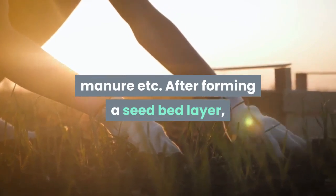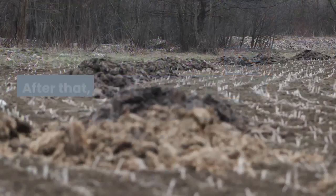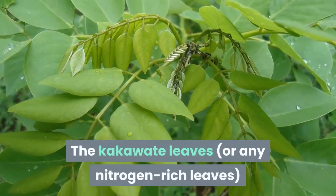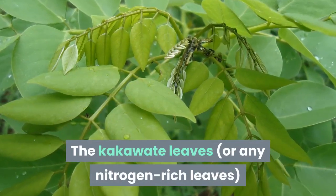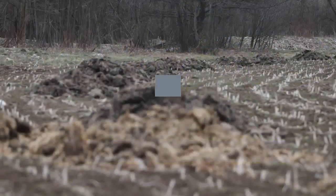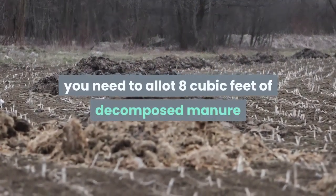After forming a seed bed layer, the next layer must be filled with animal manure. After that, it must be topped again with soil. The cacahuate leaves, or any nitrogen-rich leaves, will then be placed on top and it will be covered again with soil. If you have a plot of 100 square feet, you need to allot 8 cubic feet of decomposed manure